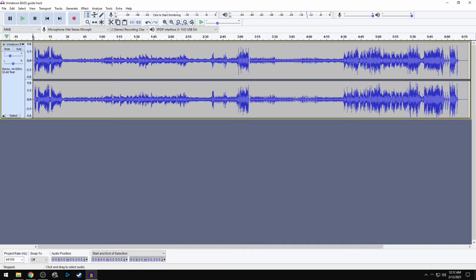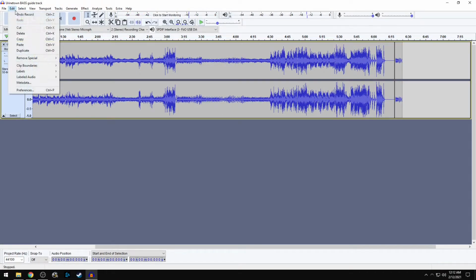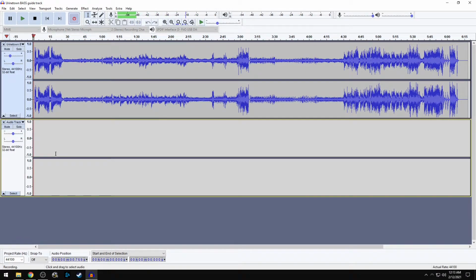Okay, and then so next step, if you see this red button up here, this is your record button. However, if I just hit it right now, it starts recording at the end of the track that I just made for the guide track, which you don't want. So what you'll want to do, if you hover over it, it says record is R, but record a new track is Shift plus R. So if we press Shift and R, now we can record, and it's a separate track